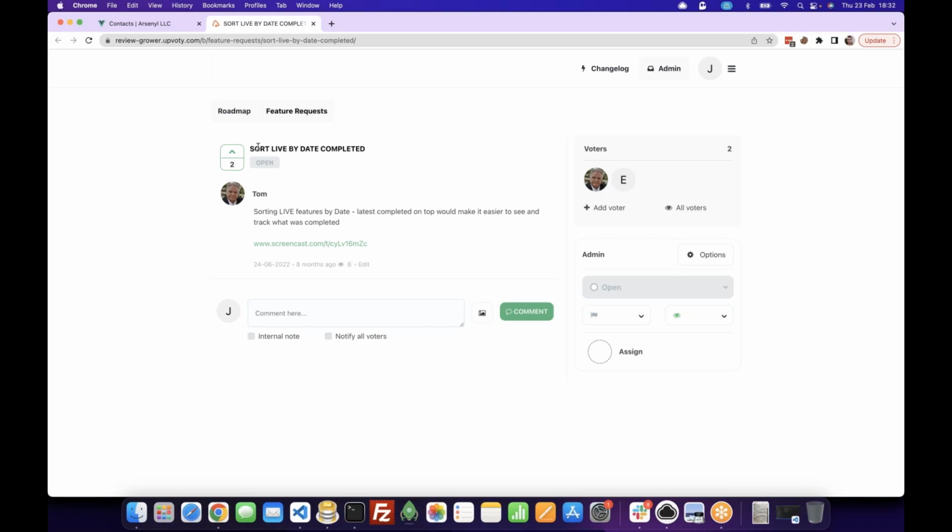Okay, so this is actually in regards to our feature requests to our roadmap. So on the right, where everything is shown as live, sort by date complete versus votes. Okay, this is an interesting request. The only thing is that